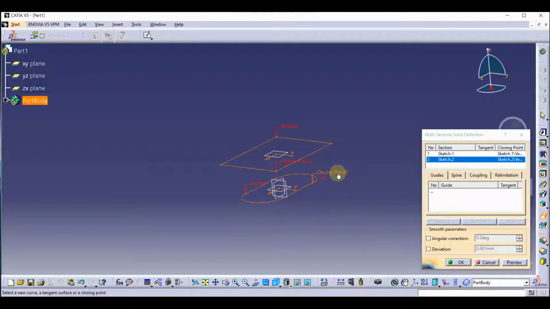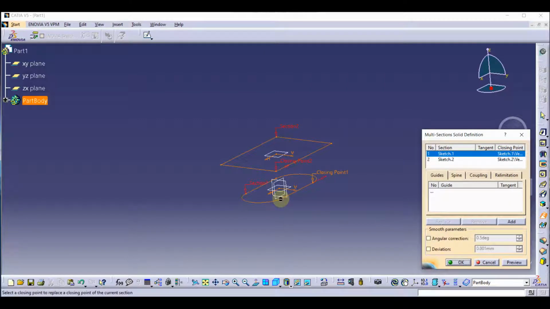There is closing point 1 and closing point 2. You can see they are different in location, so we are going to provide the same location so that we don't get any error.